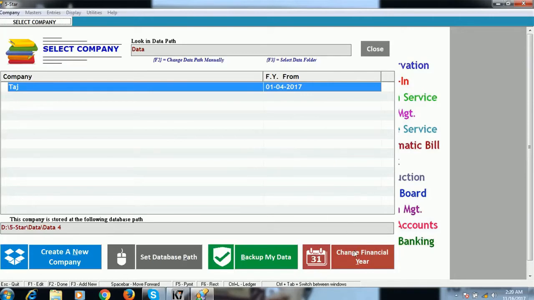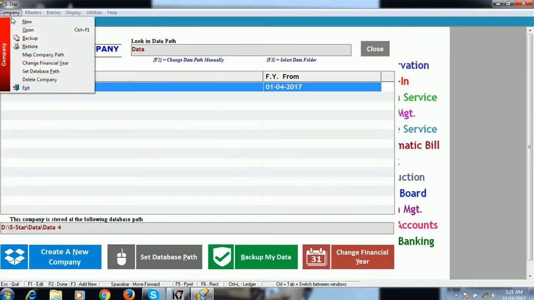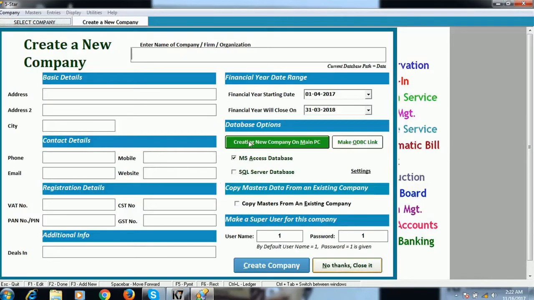Now I'll tell you which is our organization, which is our firm, and our hotels and restaurant. So how do we start the address book in the computer? First click on the new button. As soon as you click on the new button, a window will open in front of you. A simple form will open. Here are the details you have to fill. So we will start now.